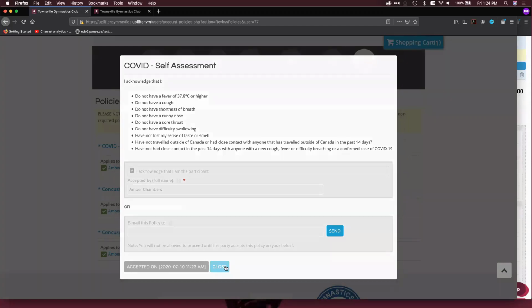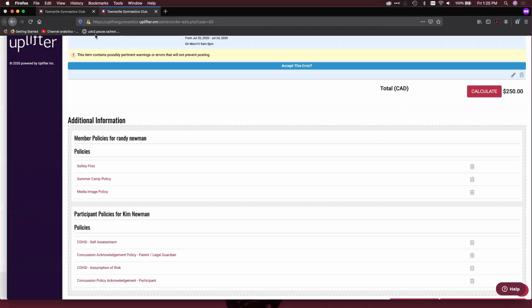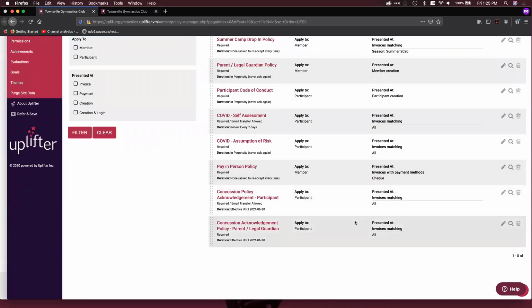A few little cautions. I think I've mentioned that when you create a login policy, people will be automatically pushed to this page with login policies if they're logged into the system at the time. One caution that I did forget to mention: with policies, as you know, Uplifter always tracks the exact wording of the policy that the members have accepted at the time that they accept it.